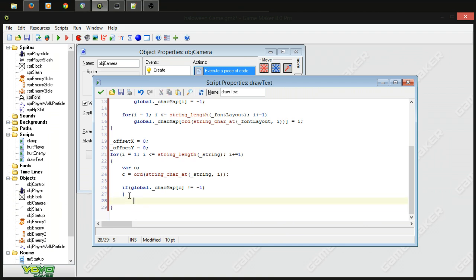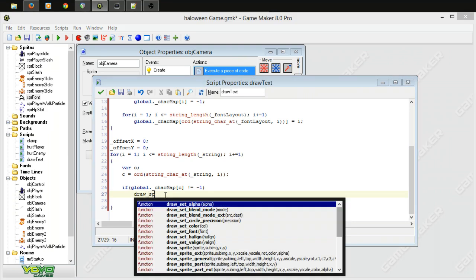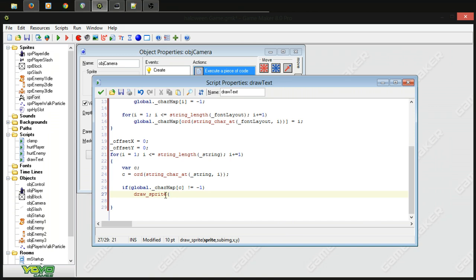Again, I've added brackets, but I really don't need them. You can add brackets if you prefer that for readability. Feel free to add any white space that you want and customize as you feel necessary. So, for each letter, we're going to loop through each letter, we're going to get its ASCII value, and then we're going to check that we do have a reference for that, and then we're just going to go ahead